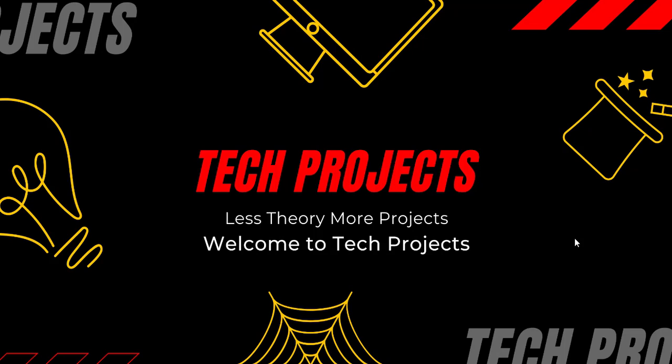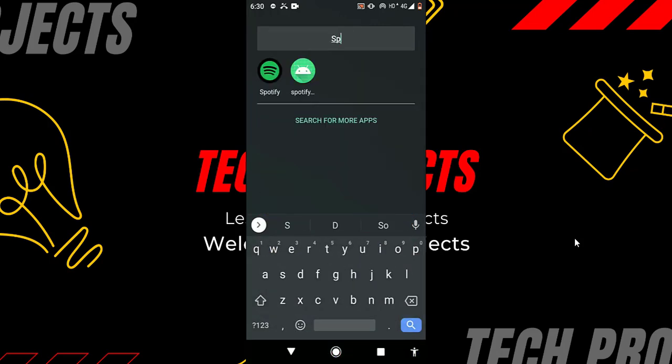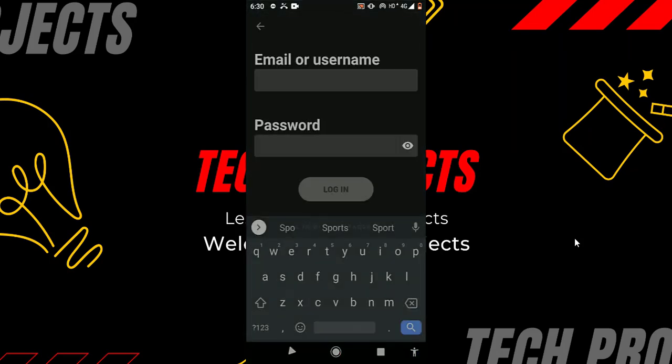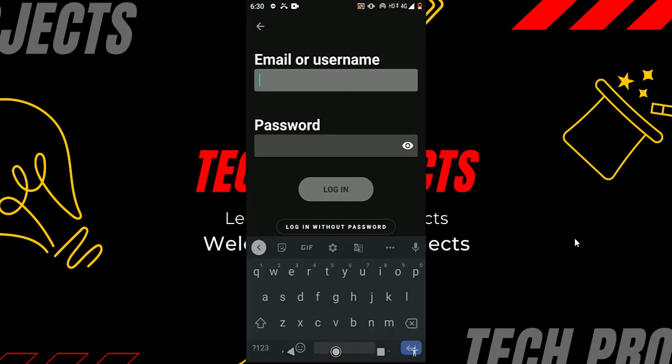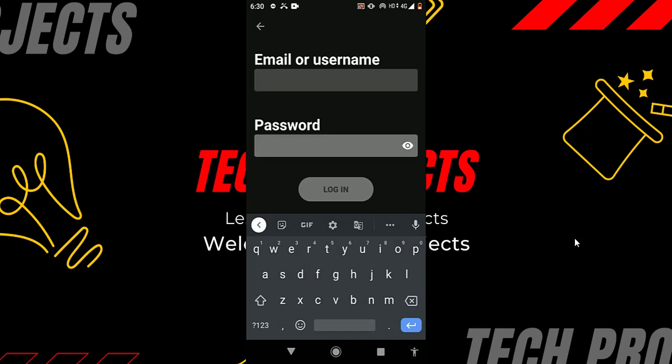So for this I open my mobile phone, and here I open my application. So you can see this is the login UI, which contains email and password, and you can see the login button is disabled right now. If I try to click on the login button, you can see it is disabled. And if I click on either email or password, you can see it uses the edit text focus. So if I click on any one, the color changes.